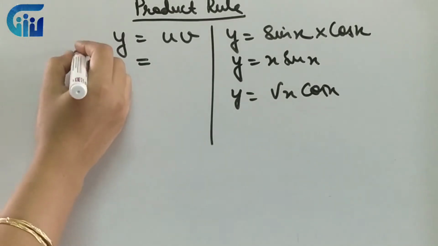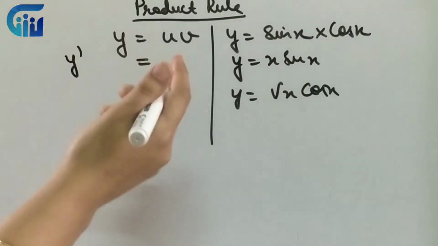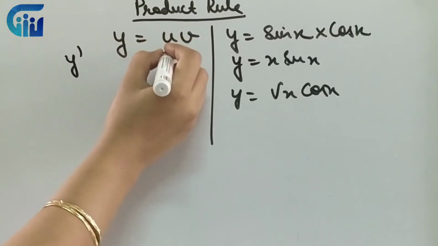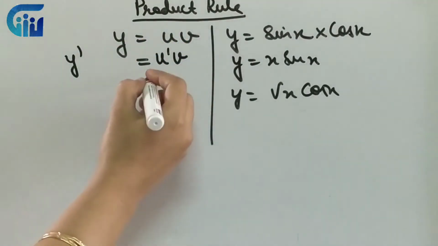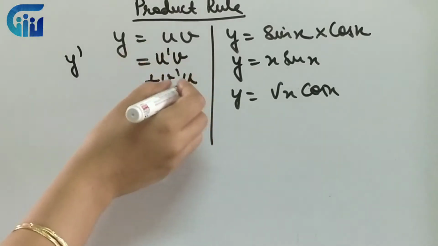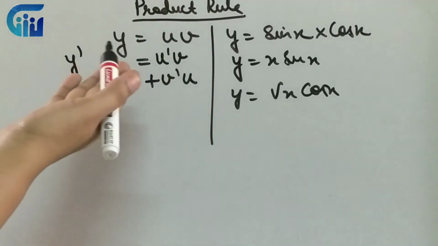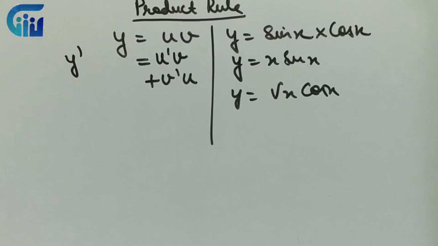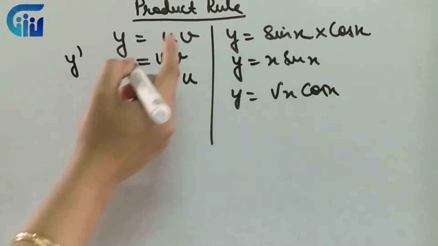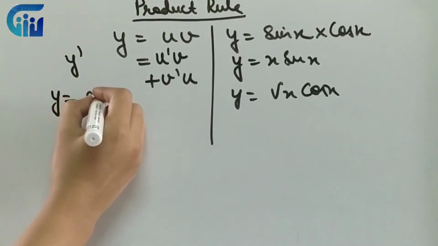So how do we differentiate? We write it as y dash or dy by dx. We write the derivative of the first function and multiply it by the second, plus vice versa. Over here I can reverse the process because it is a plus sign. Whatever function I take first, I have to differentiate that once and keep the other function as it is. एक को लेना है, दूसरे को differentiate करना है, plus फिर vice versa, opposite करना है of whatever we did before, right?